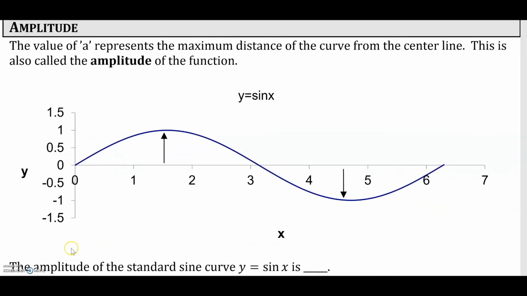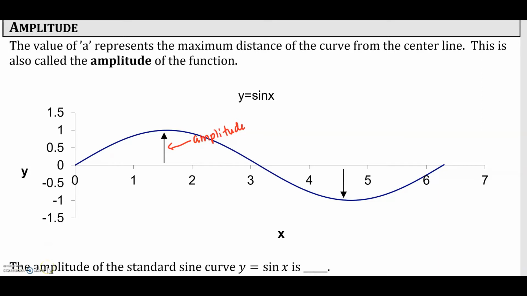First, we will discuss the amplitude. The value of a in our sine function represents the maximum distance of the curve from the center line. This is also called the amplitude of the function. It can be observed in this graph that the amplitude is from 0 to 1, therefore the amplitude is 1,